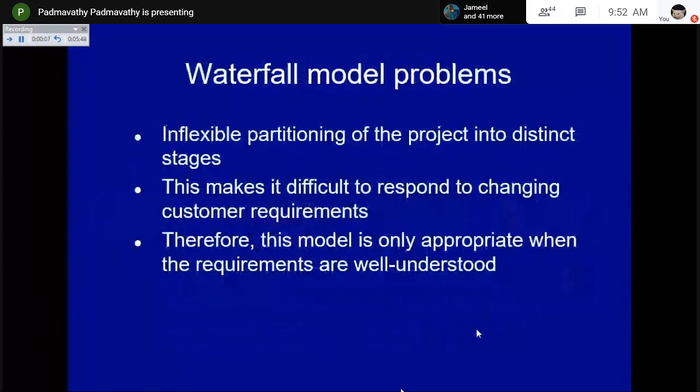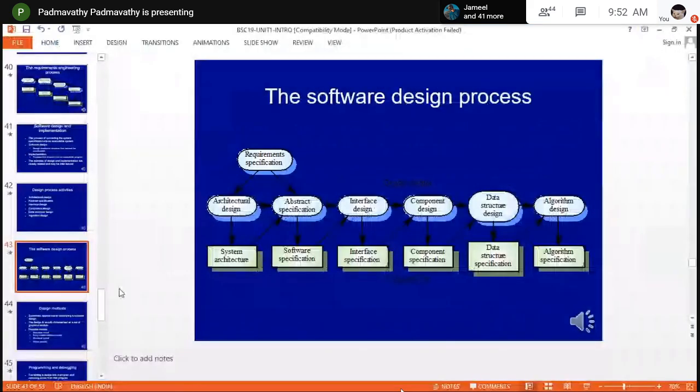So with this we have discussed and revised the various stages of the waterfall model. This is a very important model. The entire subject, the other units, are based only on this model. That is why I am repeating it again for today's class. So with this we are completing the first 2 topics of your first unit.